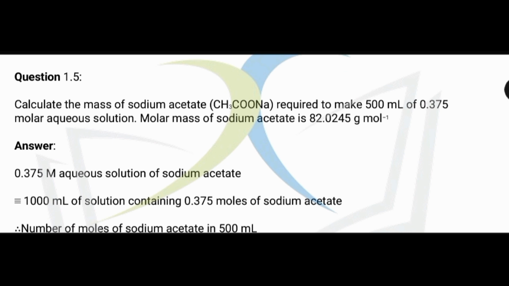Now, in this numerical, we have volume, that is 500 ml, molarity is 0.375 molar aqueous solution, you also say that 0.375 M. सो पहले बच्चों मुझे आपको ये चीज़ समझनी पड़ेगी कि 0.375 कैपिटल M, इसका मतलब क्या है? नाउ 0.375 का मतलब होता है मोल्स। किसके मोल्स है? सोल्यूट के। तो यहाँ पे मोल्स ऑफ सोल्यूट इज 0.375, and capital M or molar means that it is dissolved in the 1000 ml solution। यहाँ से क्या पता चला बेटा? 1000 ml में 0.375 मोल्स डिजोल्व है। तो you can easily calculate कि भाई 500 ml में कितने डिजोल्व होंगे।